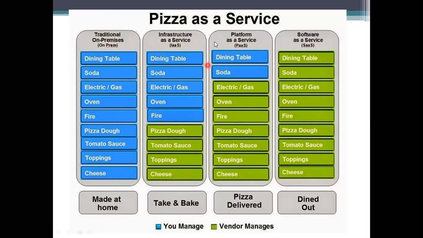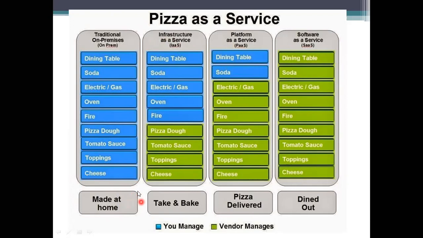The example is pizza as a service. I am taking three different services: infrastructure as a service, platform as a service, and software as a service. I am also taking another representation, where I perform my own work on my premises, which is at home.